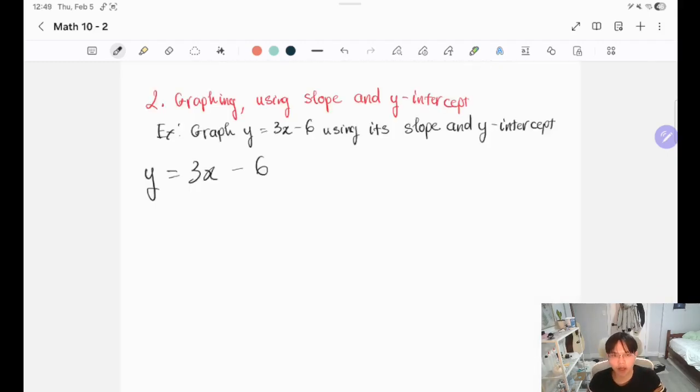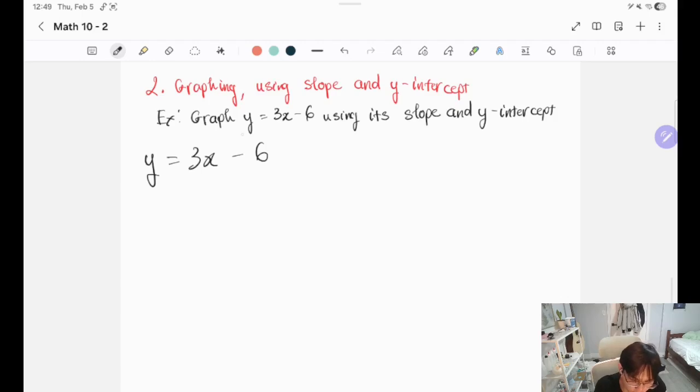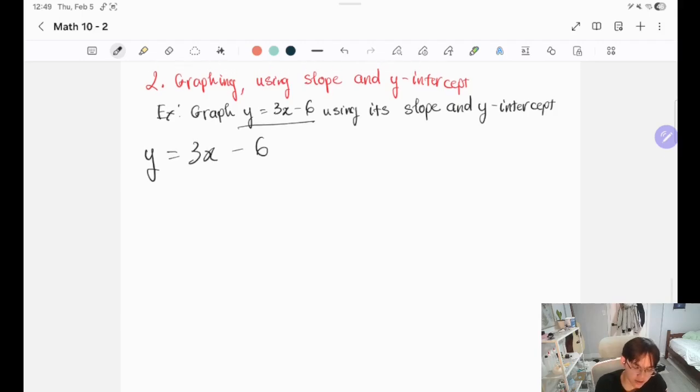Okay, let's move on to another example. Right now we need to use the slope and y-intercept. In this question I have the equation y equals 3x minus 6. So the first step we need to do is find the y-intercept. We already have minus 6 here, right? So minus 6 is the y-intercept,